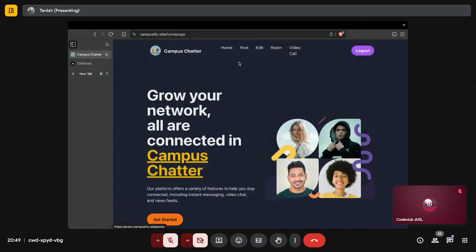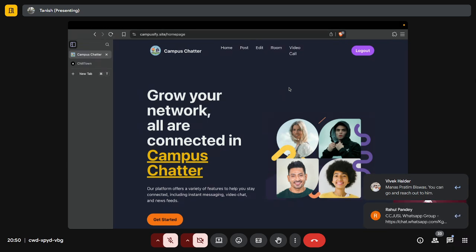So this is one of our websites. Obviously, the front end is pretty bad, so don't look at it. But this is one of our most intensive backends that we had made. This one is not just a single database. It uses two databases. One is Postgres for putting down all of your posts and everything. And second, it uses Redis for caching all the latest posts or the latest comments or everything that the user needs and needs to be served at an immediate instance.